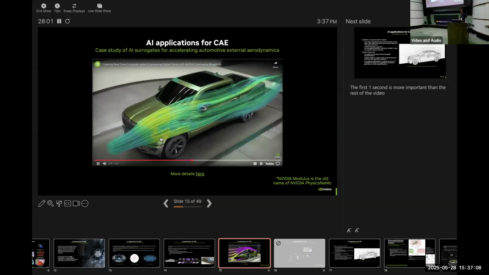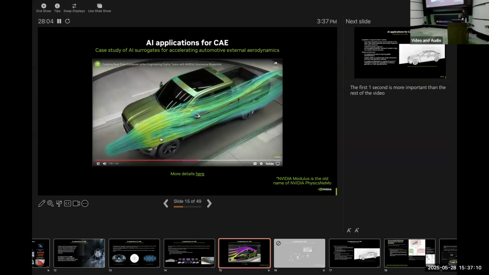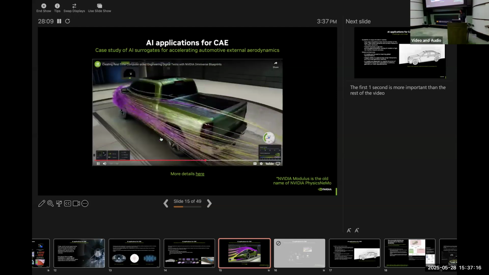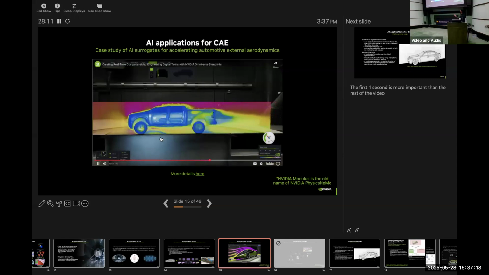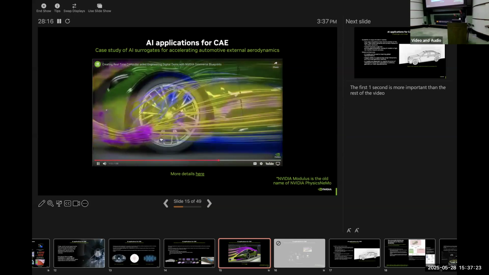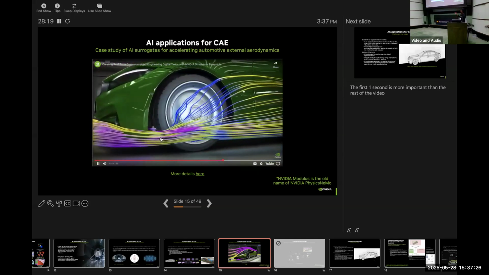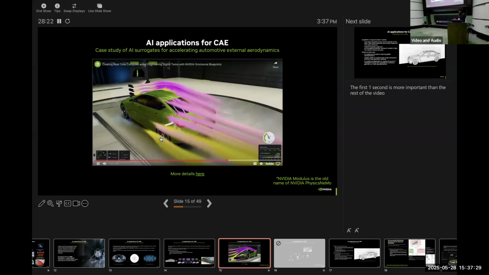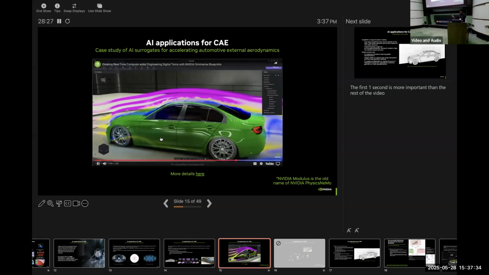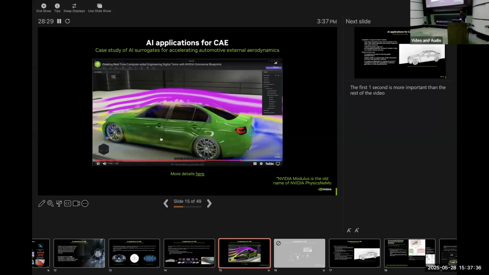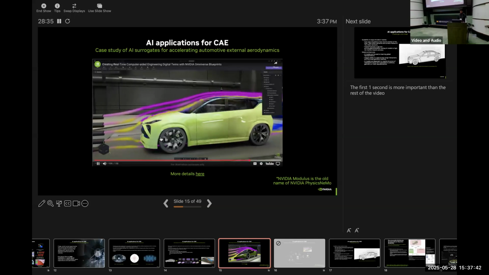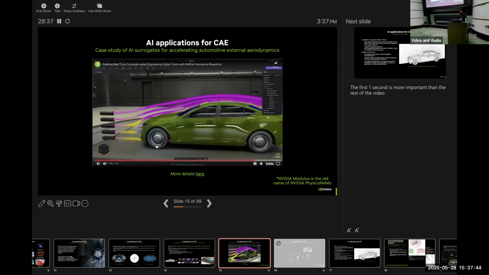And what we are showing here is this work that we have been doing in the vehicle aerodynamics space, where you are able to change certain things on the car and interactively see how the flow fields react. So for example, here you're changing the rims of the car, and the flow field reacts dynamically to it. You can change the geometry of the car. Here you can see the ride height is being changed, the geometry is being changed slowly, and all of this is real time.